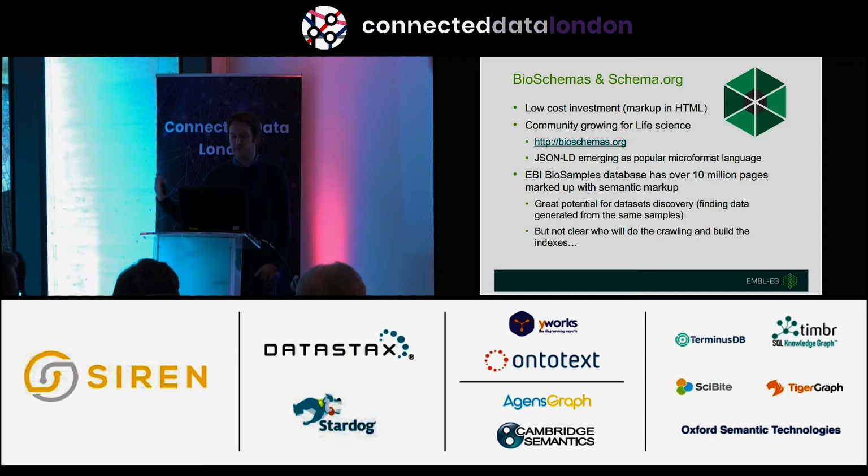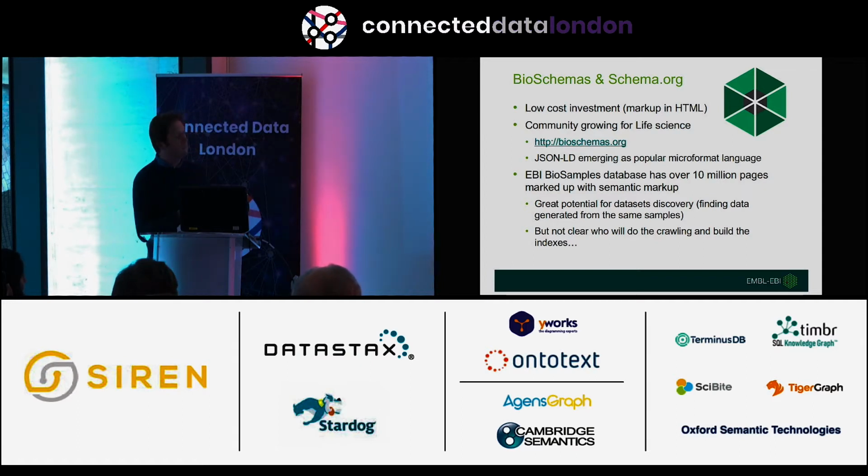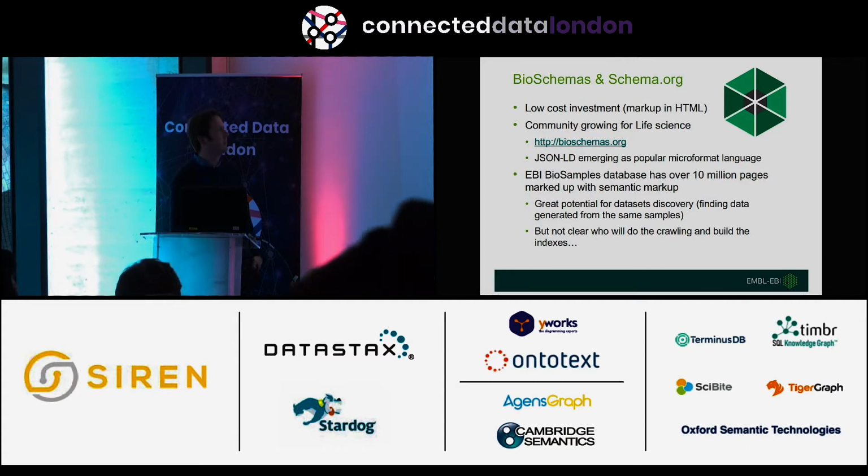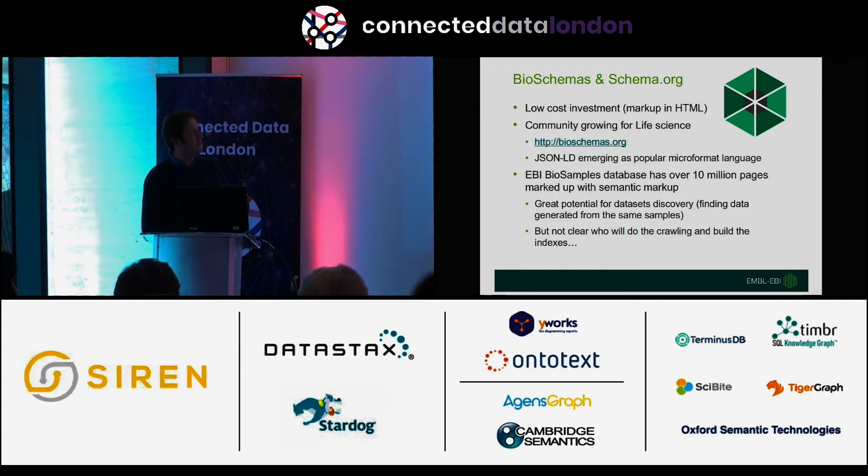At the same time, in parallel, we have another initiative going on at EBI and in Europe in general called BioSchemas, which is really an extension of schema.org. This is an alternate approach to say, okay, can we use the schema.org approach and push some of this markup that we've got into HTML? There's a growing community around this now. We're pushing standards for review for schema.org for all the core data types that we have. And there are lots of pages now at EBI emerging with this schema.org or BioSchemas markup, again, exposing the ontology annotations through the web pages.